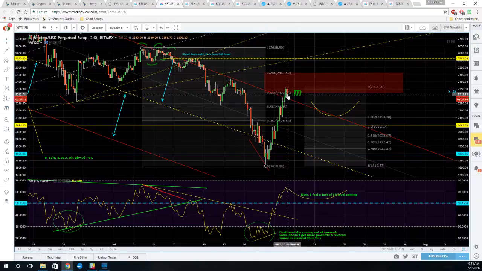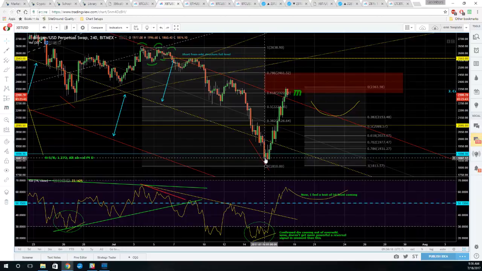But the simple fact that a lot of these levels worked prior to computerization, when really a lot of people didn't have access to price charts, I believe that it's really more a function of the way the fabric of our universe, the way price has to behave based on the laws of the universe. And really what you have to understand is that this price action that you see on the charts, this is actually nothing more than just, I like to use a fancy expression. I say it's the